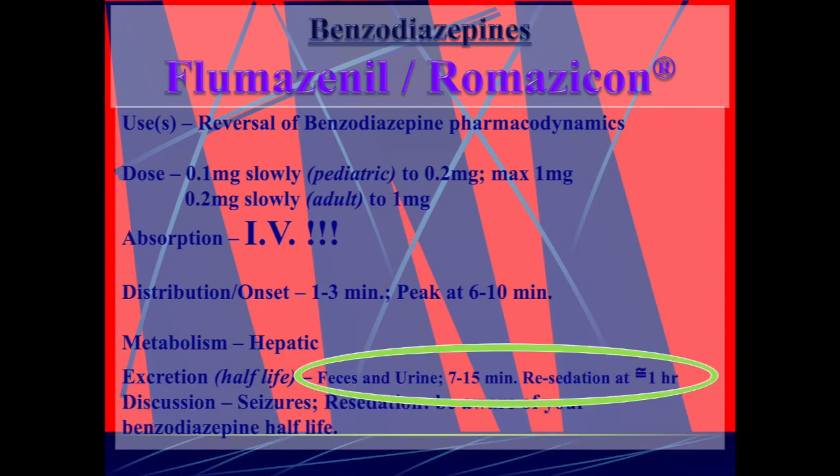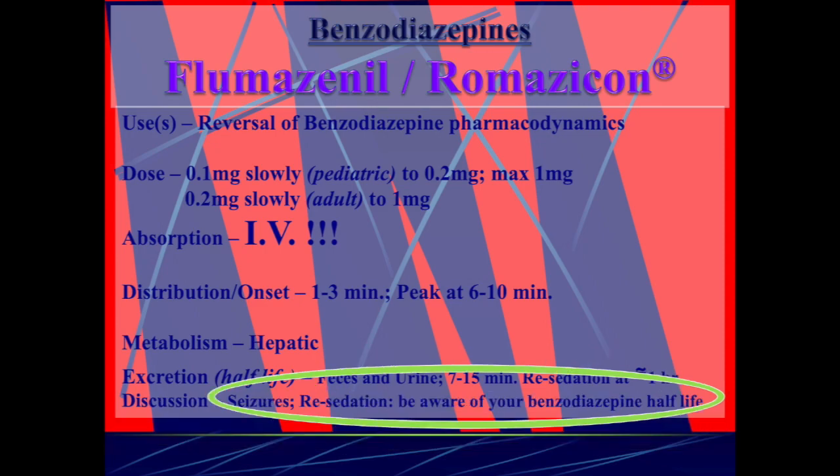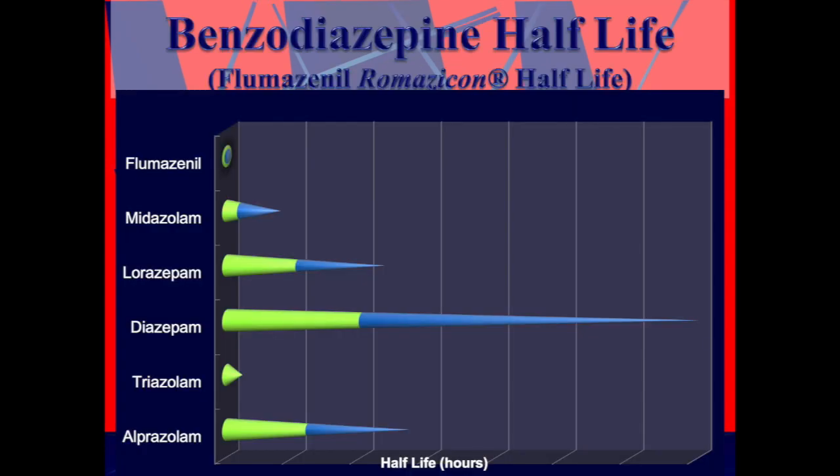And it's excreted in the feces and the urine. So because of the fact that it's got such a quick half-life, resedation can occur. So we have to keep the patient there until they are able to leave the facility and be watched by their caregiver. So we've got to compare the half-life of flumazenil to the half-life of the benzodiazepine we gave the